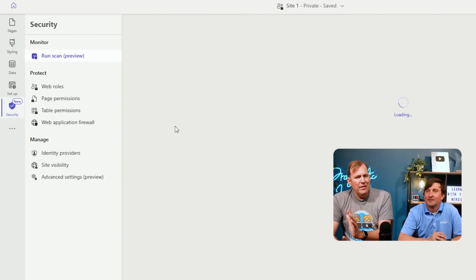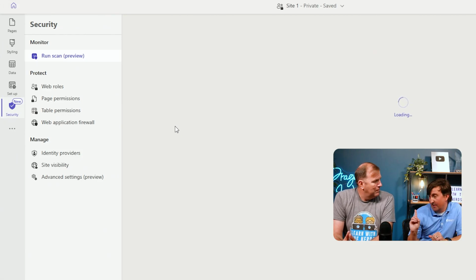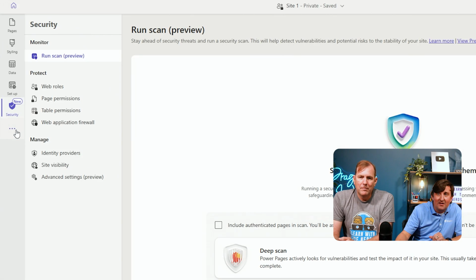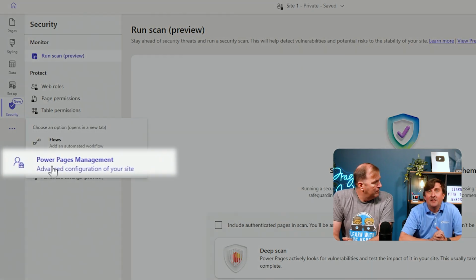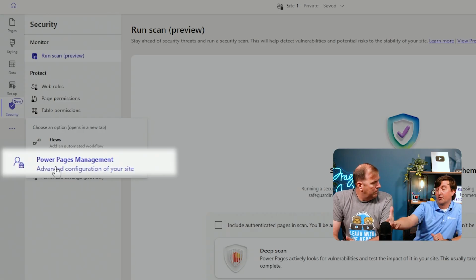So again, we'll come back to this quite a bit, but there's some really neat stuff we can do inside here. And then there's one other little hidden part. I don't want to get anyone not knowing, but we also have Power Pages Management. This is going to be a model-driven application that's built for you that will help do certain improvements, so to speak,